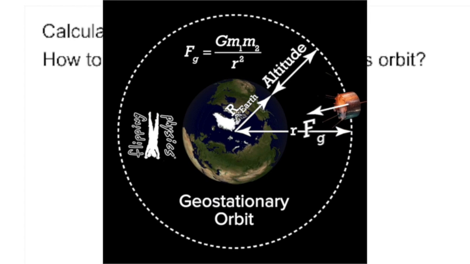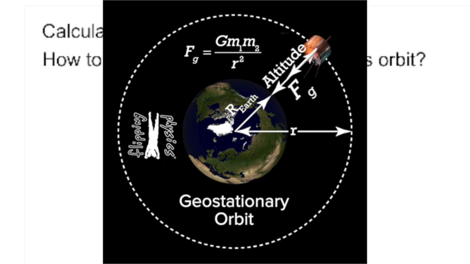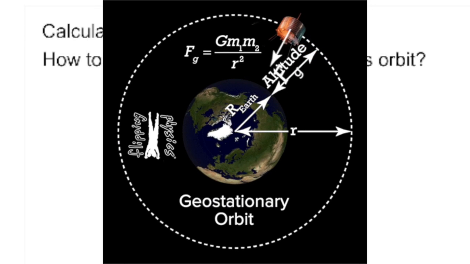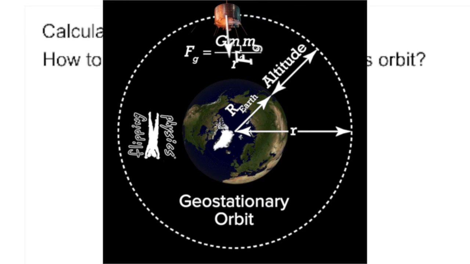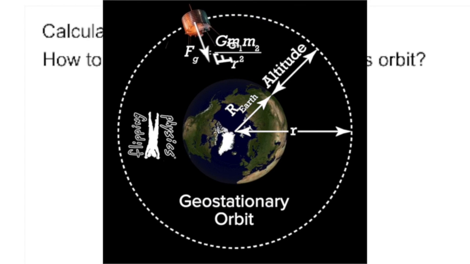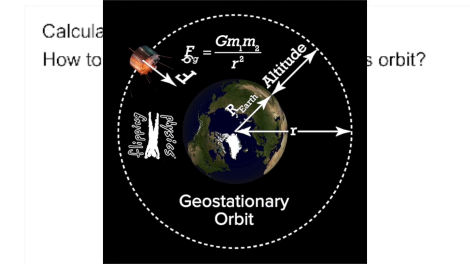So when we're dealing with orbital dynamics and orbits, we haven't considered the fact that the object that we're circling has a radius to it. So the altitude, recall, is the distance between the orbit and the center of the planet minus the actual radius of the planet. So you do have to do that.